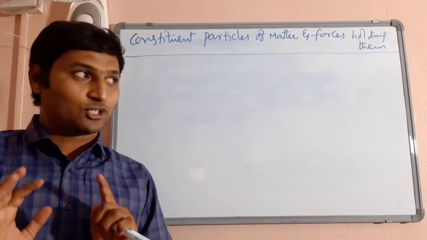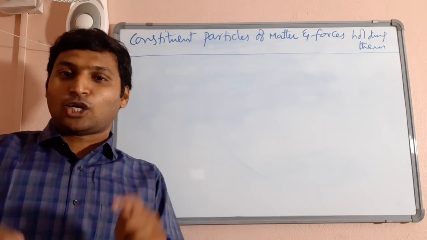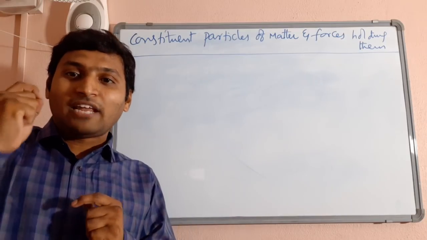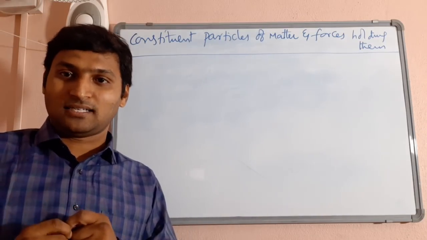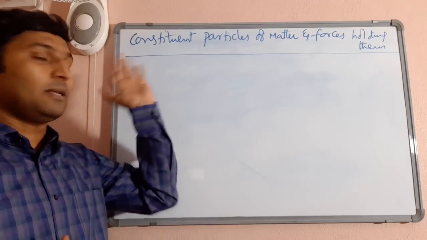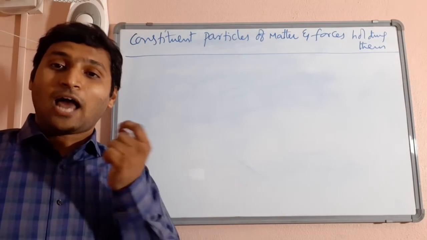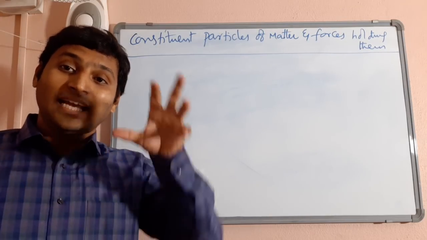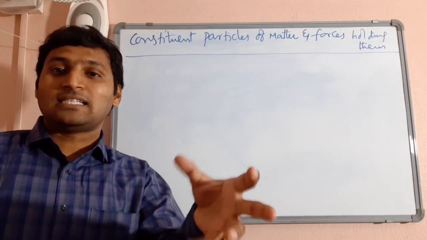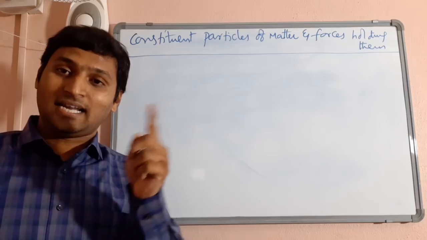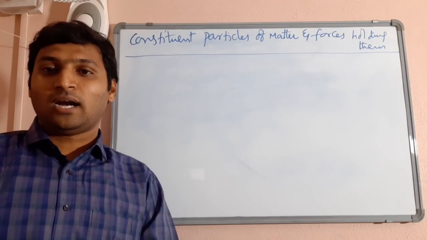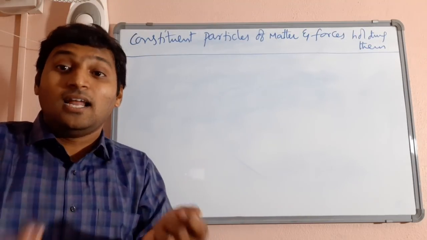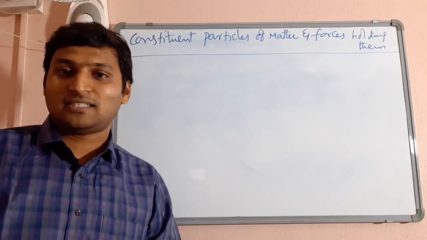All of you are aware from your school that every macroscopic substance is a collection of very large number of very tiny particles, microscopic particles. Now, various substances, macroscopic substances, are made up of what kind of microscopic particles? Number one. And number two, in those substances, how those particles are held against each other. If we understand that, then we will be able to understand when these substances are mixed up with each other, how one particle can attract the other in the mixture, because solutions are mixtures.